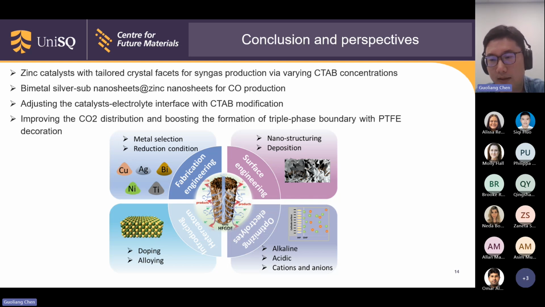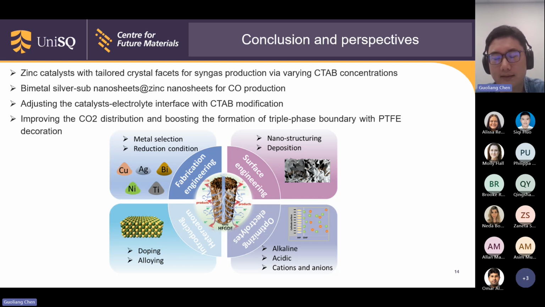Also, we can nano-engineer this hollow fiber. First, if the hollow fiber itself can be a catalyst site, we can use electro-oxidation and reduction to increase its active sites. Also, we can directly deposit different nanocatalysts on the hollow fiber GDE to tune its selectivity. Also, we can dope in different elements like boron to tune the electronic structure and adjust the selectivity of this catalyst. Also, we can alloy, like making copper tin, copper silver, copper bismuth, different alloys